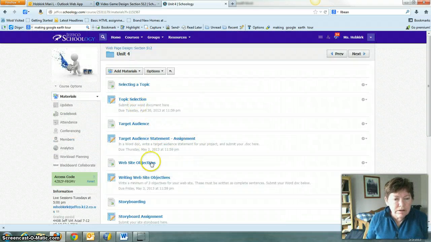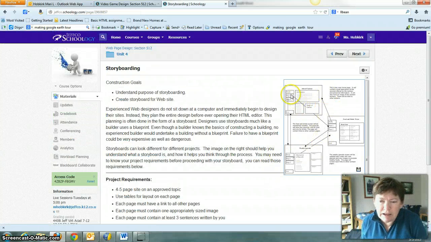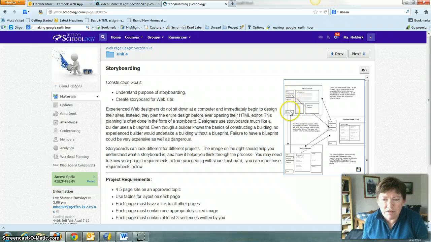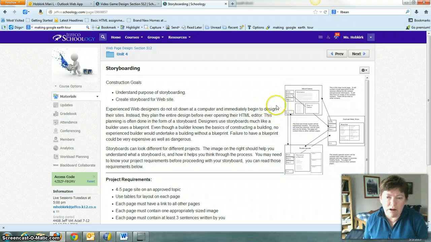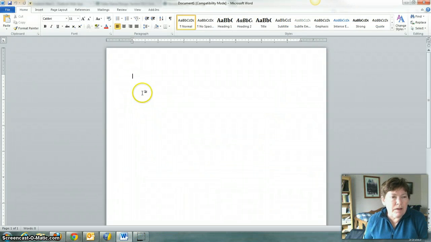So going to the storyboarding page here, you'll notice this image kind of has an example, and this looks very similar to those tables I had you draw when you did your pulling it all together project. There were the links over here on the side, and then what was over here was broken up by a table with merged or split cells. So remember that using a table right now is really the only way that you know how to lay things out. So if we use this model with the links over on the left, and I'm going to use Word again for my demonstration,